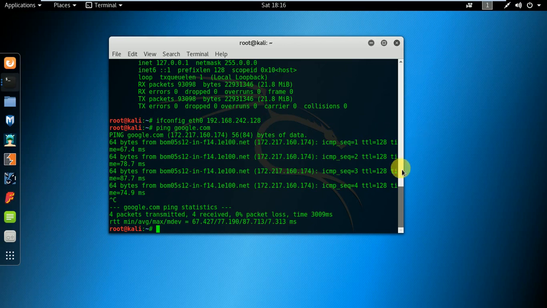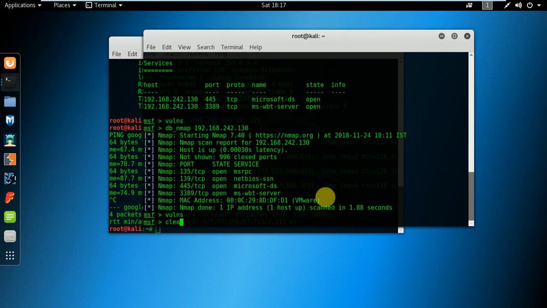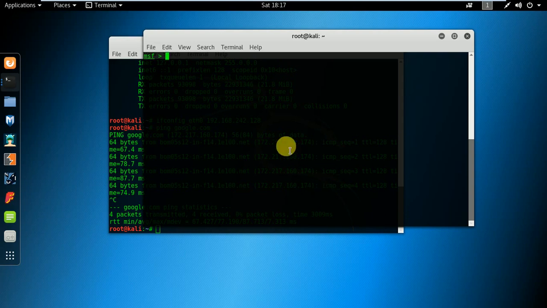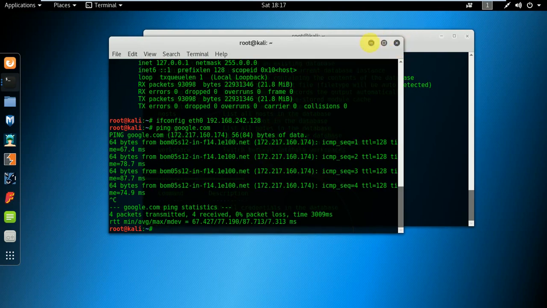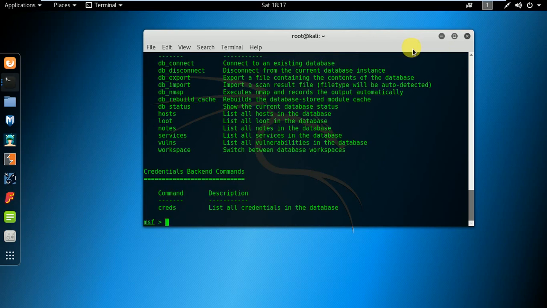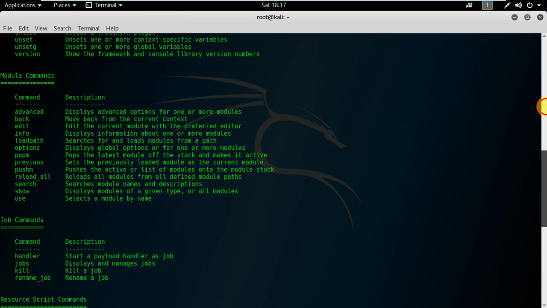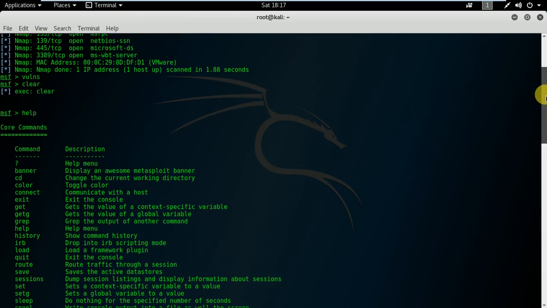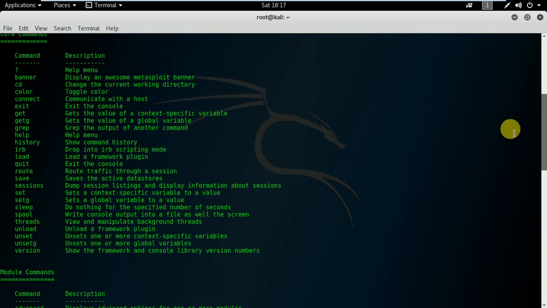So let's open the Metasploit framework now. I already have it open here. Let's see what commands we have. Let's type help and we'll see the commands that we have. Let me minimize this and maximize this one. So we got the list of commands that Metasploit provides you to use inside the